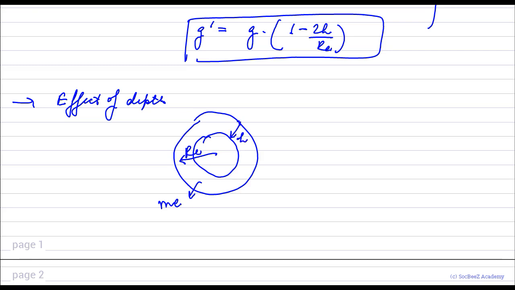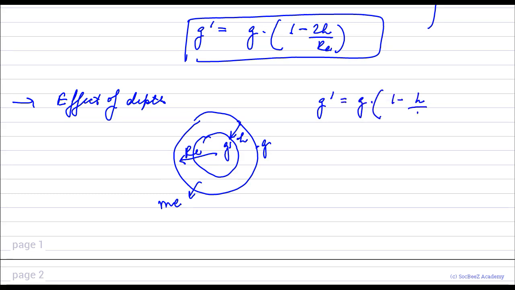Let's say at this point the acceleration due to gravity is g dash, and on the surface of the Earth the acceleration due to gravity was equal to g. I'll obtain the relationship between g dash and g as